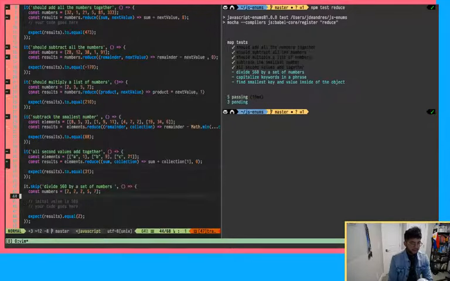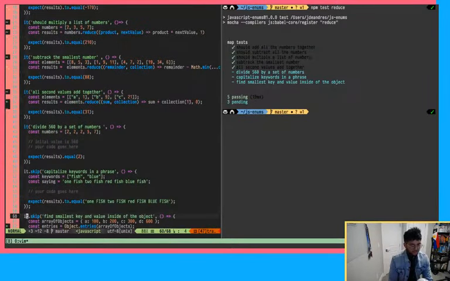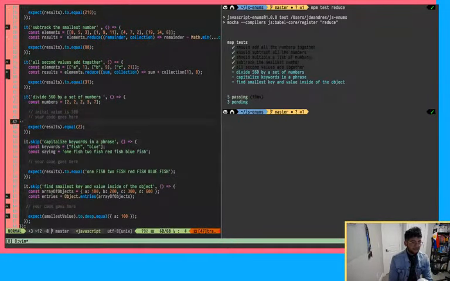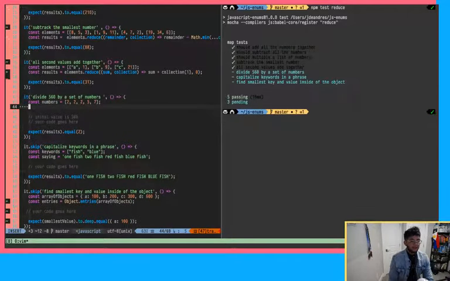Cool, so that's working. Let's go ahead and divide this now. I know some of you are probably like, man, this is too easy. Don't worry, I got a couple of fun ones at the end here. I think it'll be a little fun. So let's do this now. We'll say const results. Oops, that's not right. Const results, and we'll say numbers